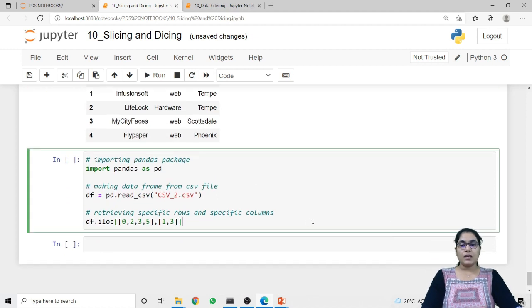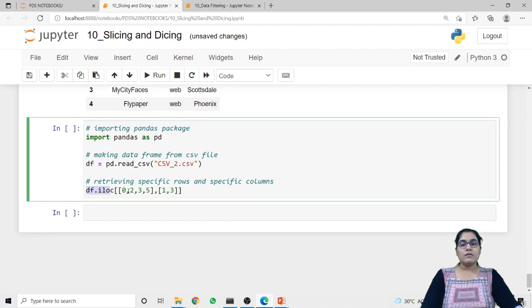Next, if we want to retrieve specific rows and specific columns, then we can also do that using this df.iloc method. In this case, we have to give the list of rows that we want to retrieve in the row section and a list of columns in the column field. So I am specifying the rows 0, 2, 3 and 5 and columns 1 and 3.